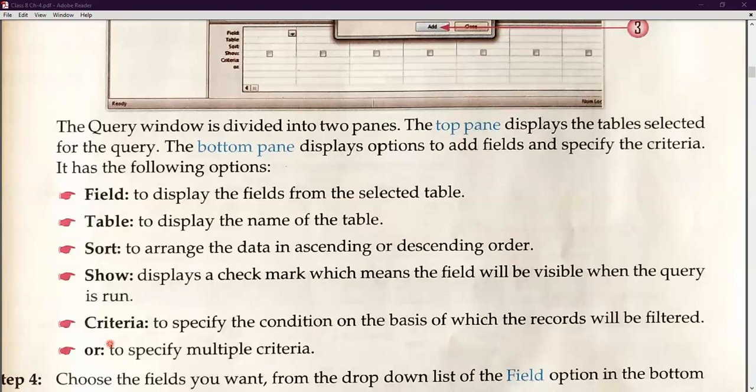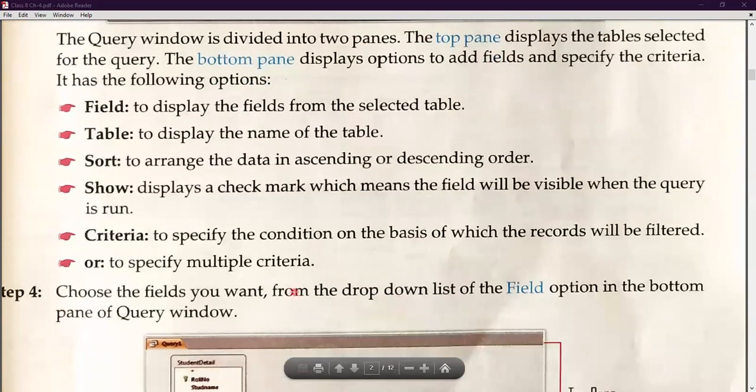So there are my two conditions. First, age should be more than 13, and as well as their marks should be more than 75. So we are dealing with multiple criteria, and if we are dealing with multiple criteria, then we are going to use the OR button.